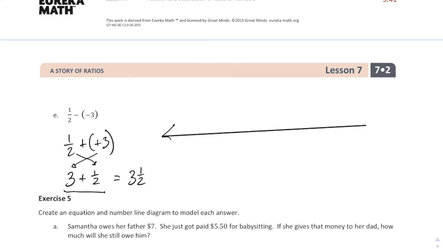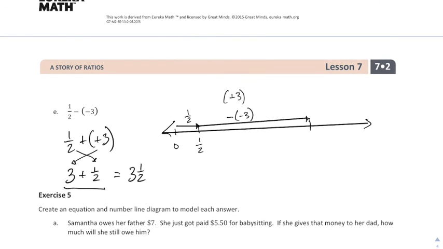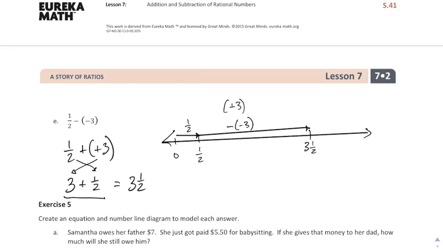And when we get to our number line, I'm starting at 1/2, or starting at 0 going to 1/2 with my crooked line, and I am subtracting a -3, which is getting me over here. Subtracting -3. We can also think of that as adding 3. And that gets me to 3.5. And in these examples, the number line, for me at least, was of limited utility except for the purpose of representation. And I might do